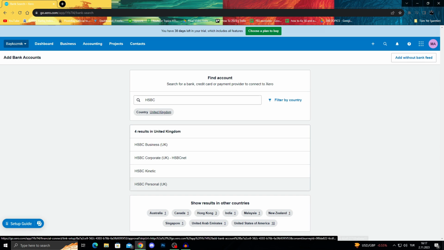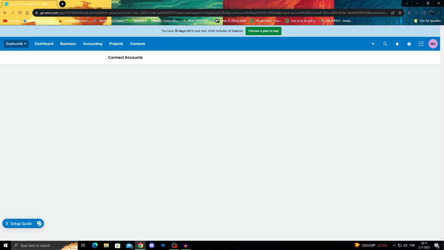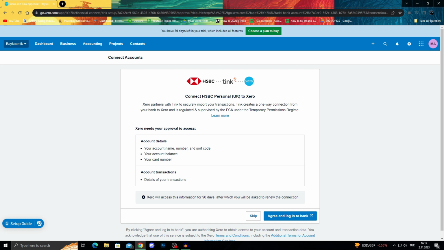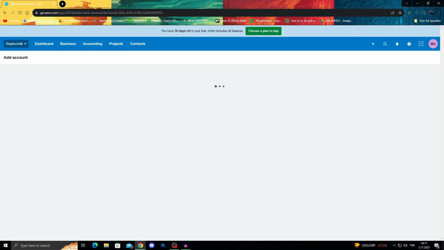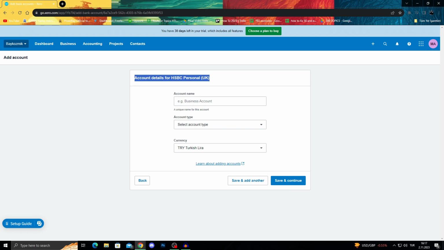I will select Personal, and after selecting a bank, you can either connect HSBC Personal or any bank to Xero by just logging into your bank, or you can just add the details by hand, whichever feels safer for you. I will just say skip, don't connect to my bank. Then it will send me to this screen if I don't connect automatically. I will make it personal,